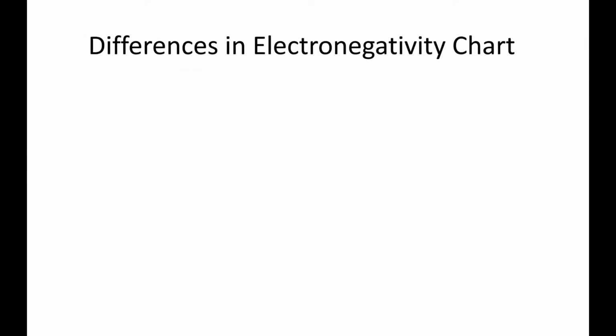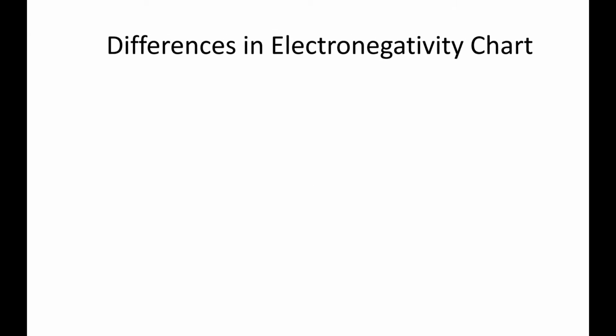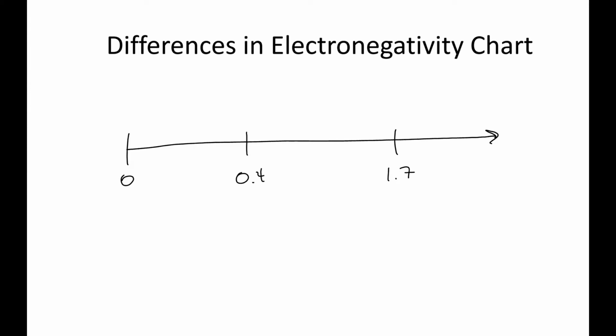Okay, I'm going to draw a little differences in electronegativity chart. You're going to need this information to calculate whether a bond is polar or nonpolar. So we're going to draw a little line here, kind of like a number line from math, only not quite, but almost. And put the cutoffs here. I'm going to do it like you would in math. Obviously, if it's a closed circle, it includes those numbers. Okay, and we're going to color into here,